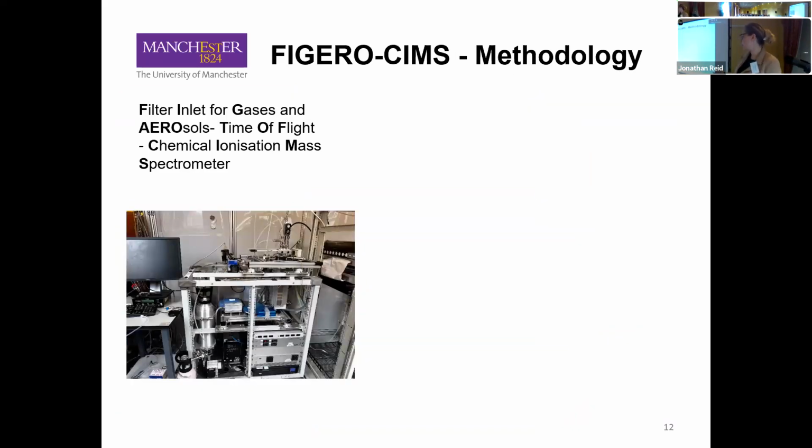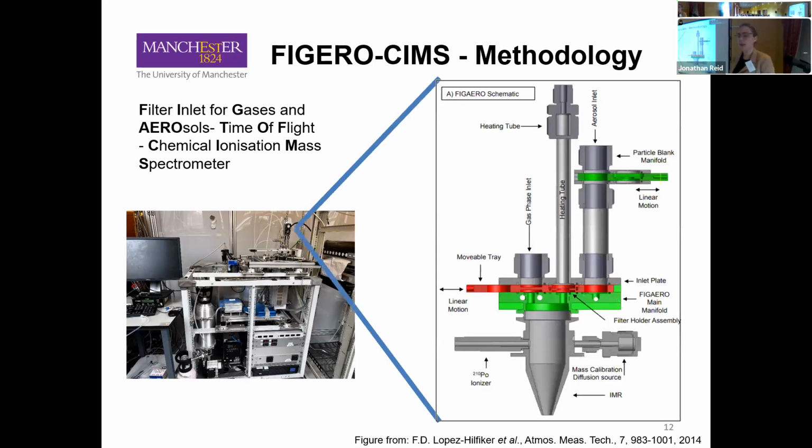So, as I said before, this is the CIMS, a chemical ionization mass spectrometer using an iodide adduct ion, and it is coupled with a FIGAERO. The FIGAERO is the Filter Inlet for Gases and Aerosols, and it enables simultaneous sampling of gases and aerosols. So what happens here is we sample the gas phase in this inlet and the aerosol phase in this one. The aerosol phase is collected on a filter here, and when it is moved into the aerosol phase mode,